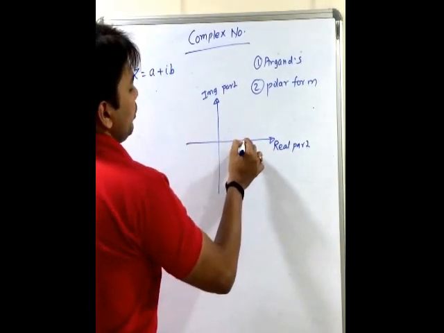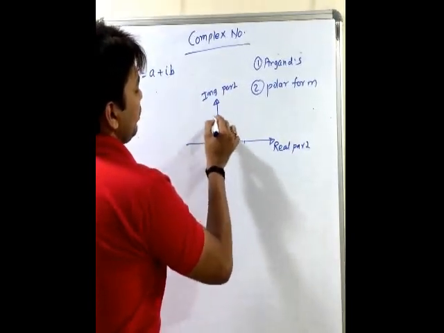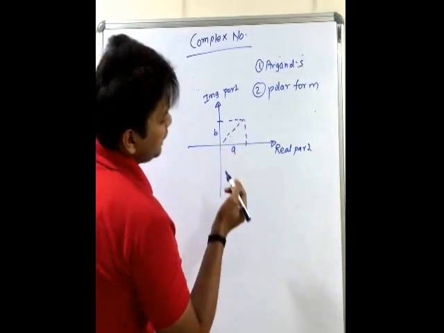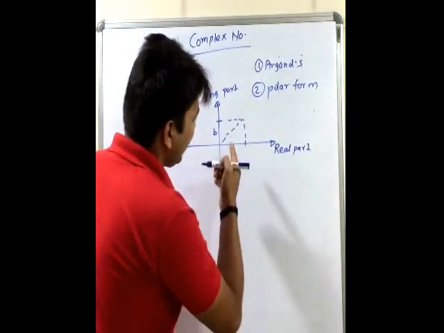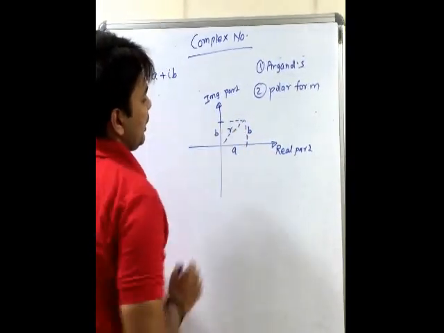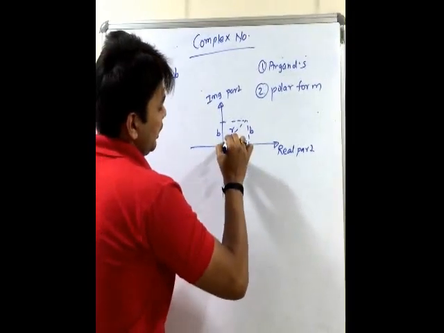Here you can mark A, here you can mark B, so it will form a rectangle. So it will become B, so it will be R, where R is the modulus,